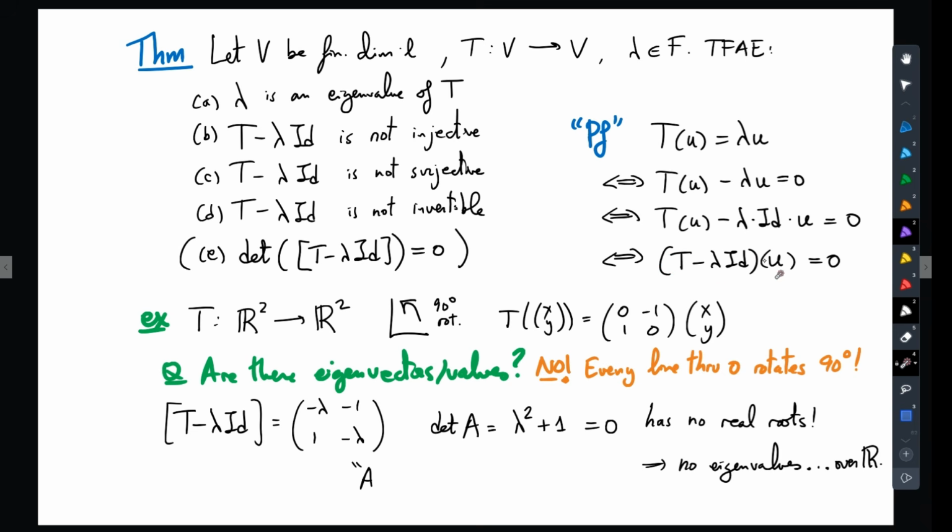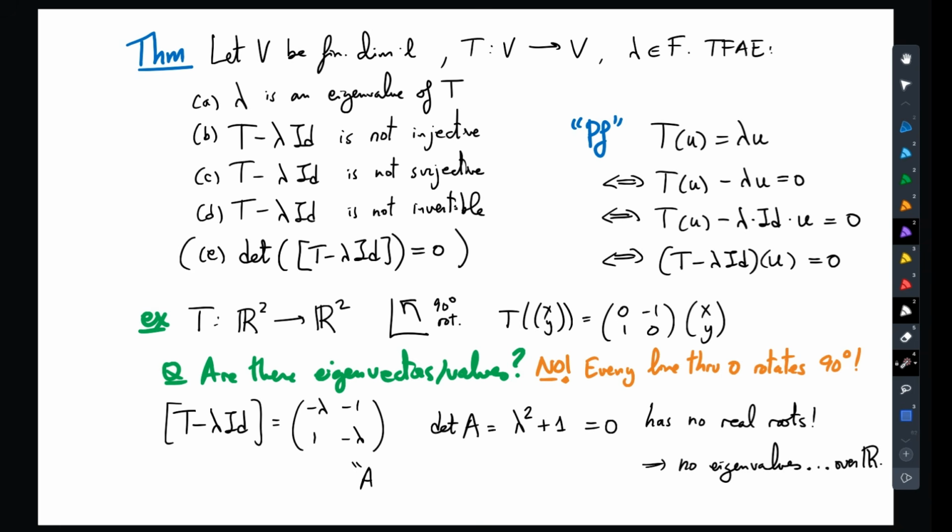Having something in the kernel, in the null space of this operator, is equivalent to the operator being not injective. And since this is a finite dimensional vector space we're talking about, being not injective is actually equivalent to not being surjective, and is equivalent to not being invertible. Therefore, all these equivalent statements are going to help us find